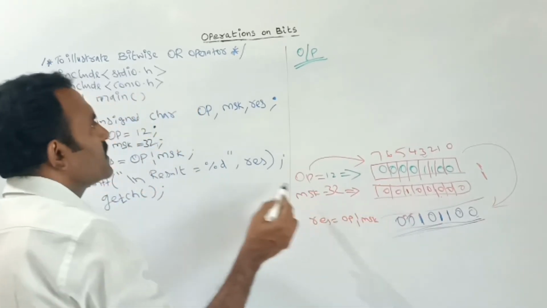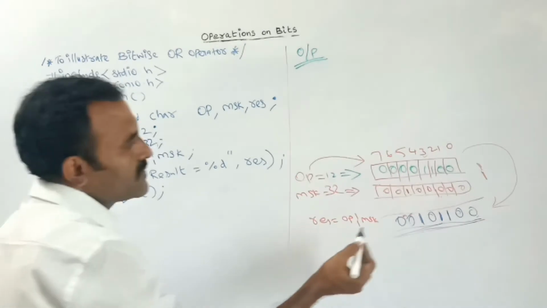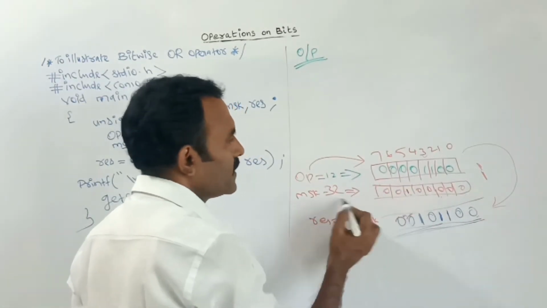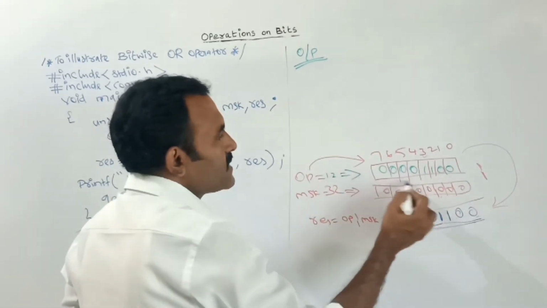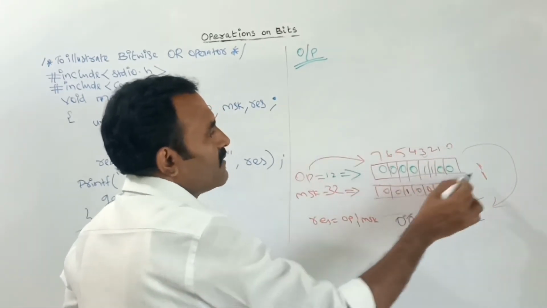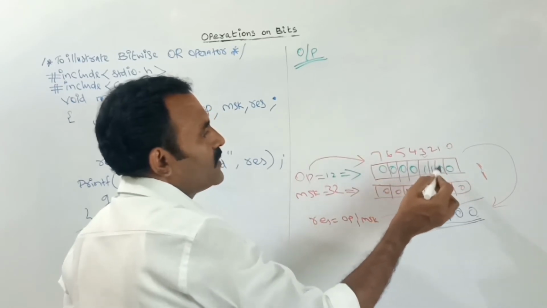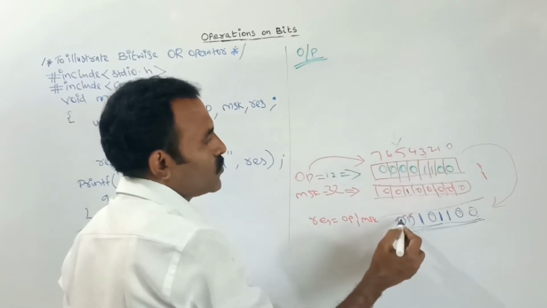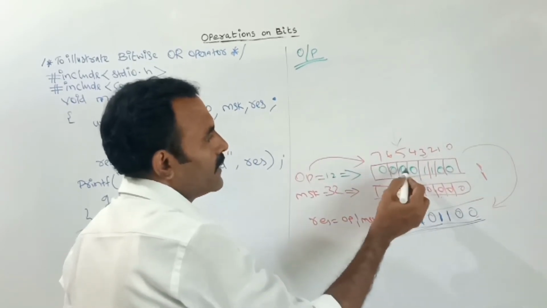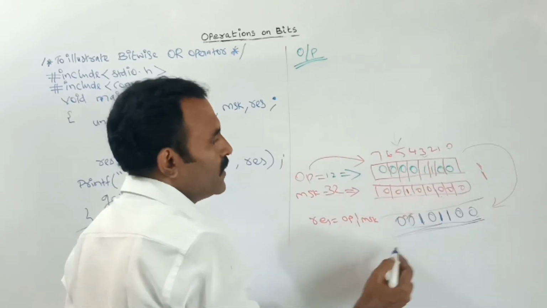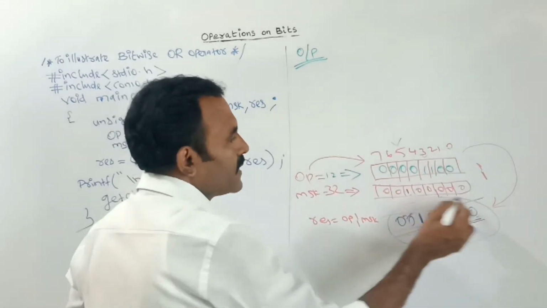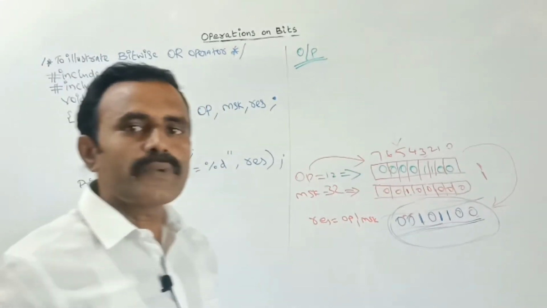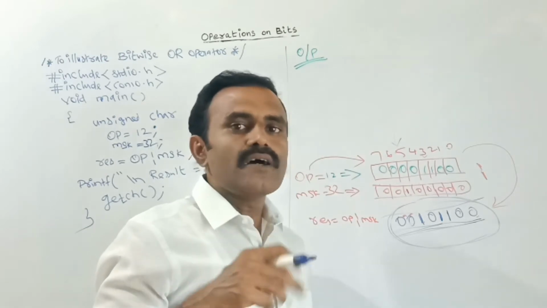Suppose if you are using this OR operator, we can turn on this particular bit, that is the fifth bit, with the help of this mask value 32. So this is the operand value, the previous value. The original value is 0, 0, 0, 0, 1, 1, 0, 0. But now I have turned on the fifth position. So 0, 0, 1, next 0, 1, 1, 0, 0. So this is the method. By using this logic, we can turn on a particular bit of an operand by using the bitwise OR operator.